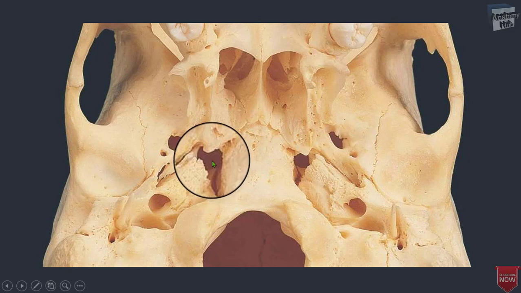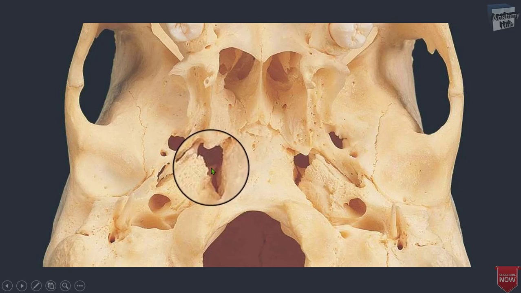So this is actually a jagged aperture that doesn't exist in life. It is formed after death, when the cartilaginous tip of the petrous temporal bone disappears, and it varies greatly in size and shape from skull to skull. The only structures to pass through the thickness of the skull floor here are a small emissary vein and very small branches of the ascending pharyngeal artery.